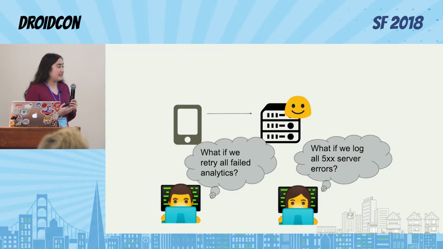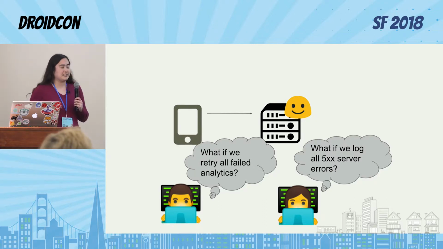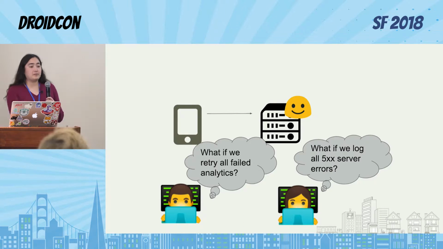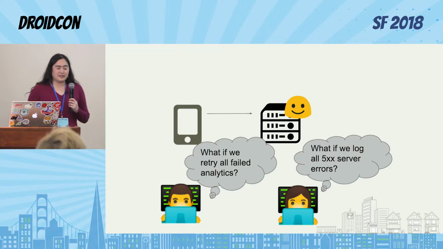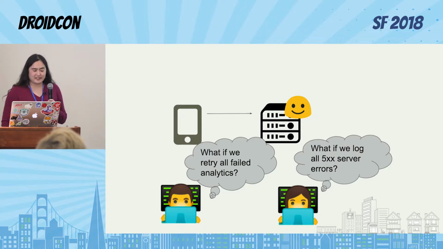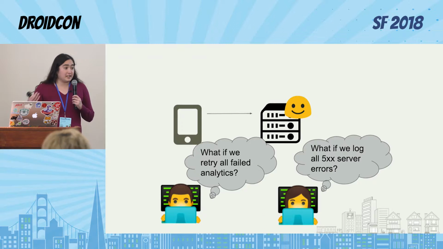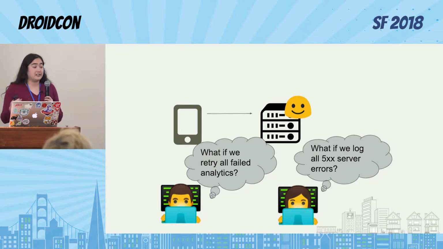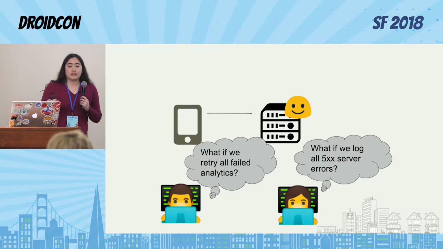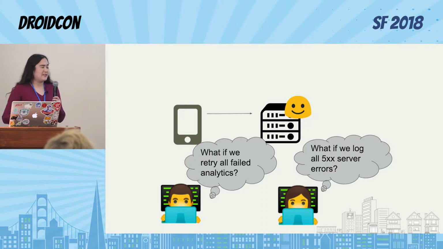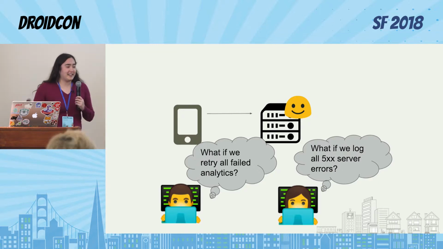So once we had someone say, we have these logs that we're sending to the server, but if there are network problems, we're not retrying the logs. We should make sure that we retry the logs if there are network problems, and to do it maybe a little more aggressively. Around the same time, some users were reporting this strange problem where they were getting these errors. We didn't know what they were. All we got was a screenshot. Based on the screenshot, it looked like it was probably a 500 series server error, but there seemed to be no corresponding server error that was happening. So we said, okay, we should have some logging related to that.